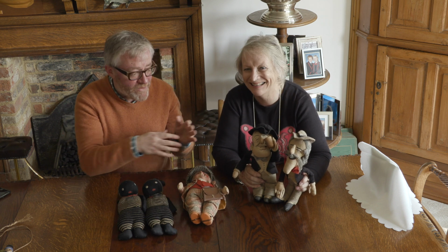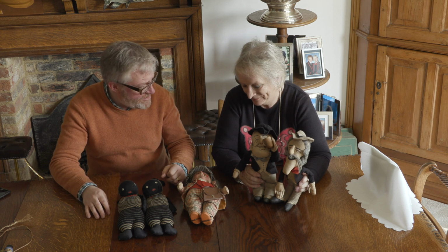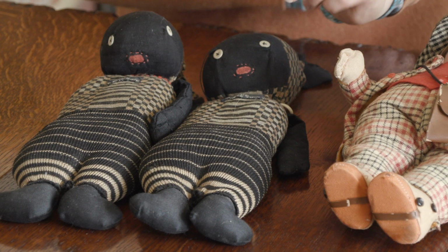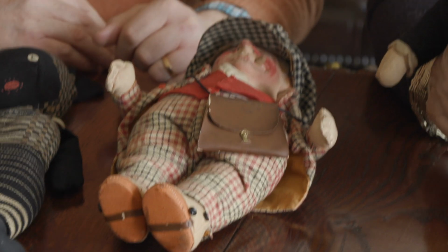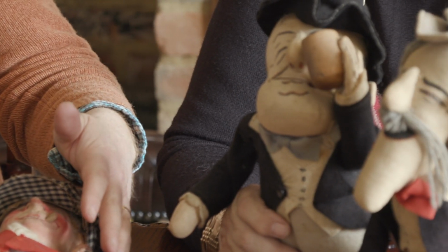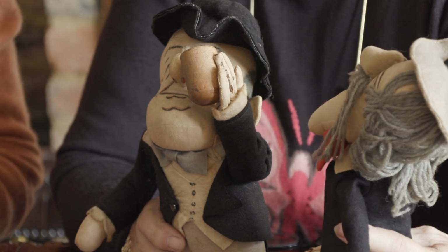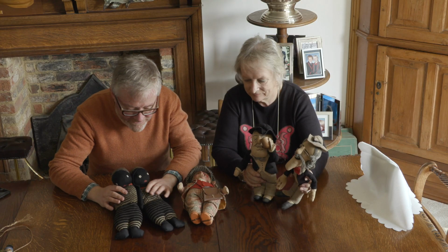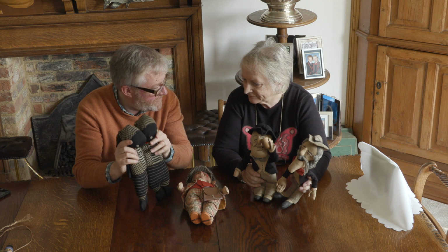Anyway, so we've got here some sort of character dolls, would you describe them as that? Which are part of my collection, and these are all British manufactured. These are by Dean's Rag Book, and these are by Chad Valley. So the first two, which are a fairly recent purchase, I absolutely adore, and Hilary's not so fond of, are